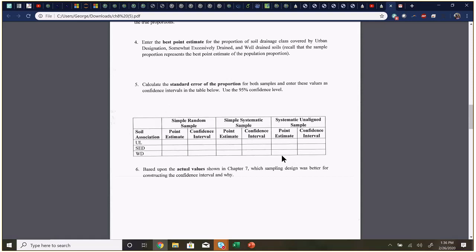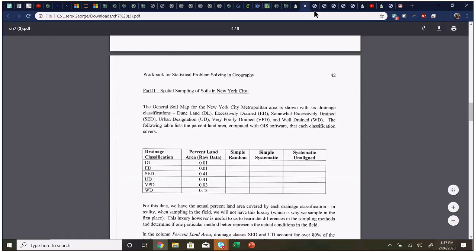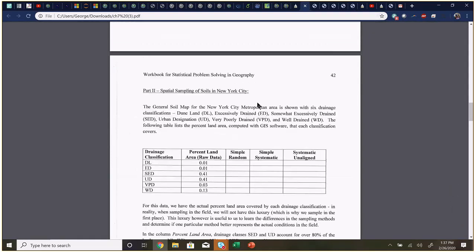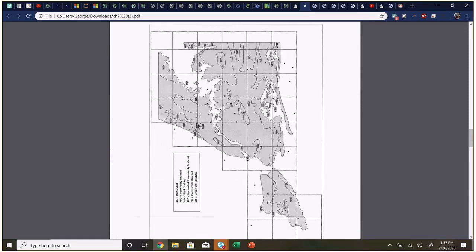That's a great question, and that gets us to think about what our population is. Does our population include the water in this case? Are we concerned about water in our area? If we are, then we should include it. If the water is not a part of our sampling frame, then we should exclude it. And since there's no water category here or here,